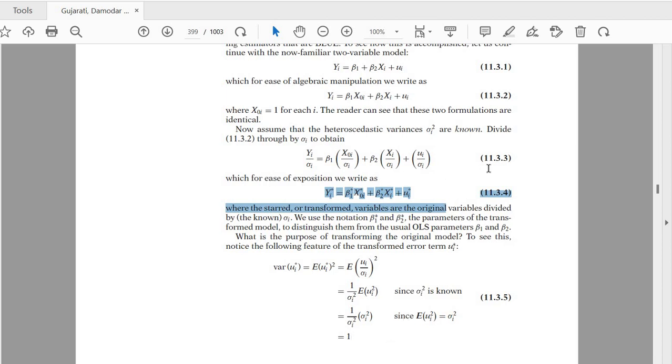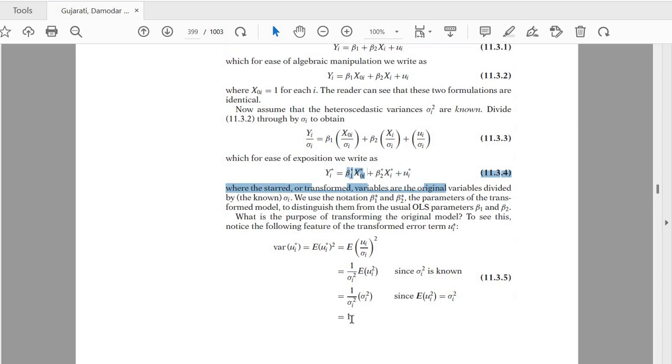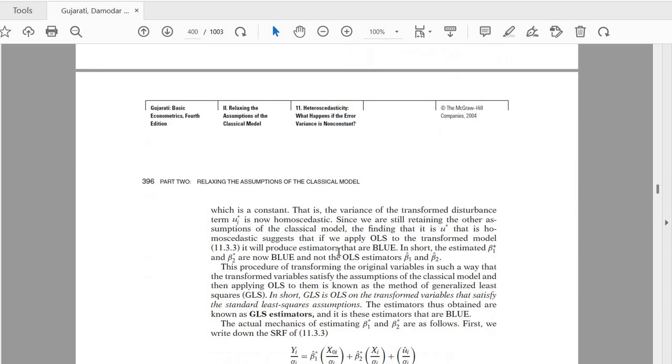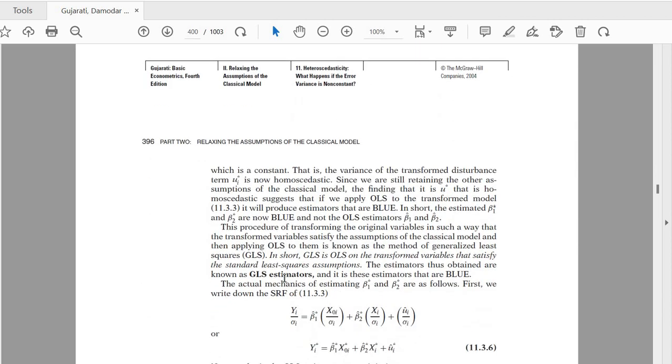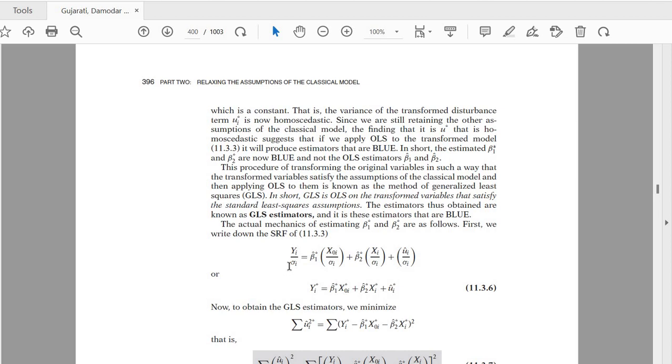इसका मतलब है अब इस वाले मॉडल पे, 11.3.4, this model जो कि ट्रांसफॉर्म मॉडल है, इसके ऊपर हम ओएलएस अप्लाई कर सकते हैं क्योंकि इसके वेरिएंस के अंदर प्रॉब्लम अब नहीं है. तो ये है जीएलएस मेथड. लेकिन इसके लिए क्या रिक्वायरमेंट है? इसके लिए एक ही रिक्वायरमेंट है कि आपको सिग्मा स्क्वायर की वैल्यू पता होनी चाहिए, जो कि जनरली